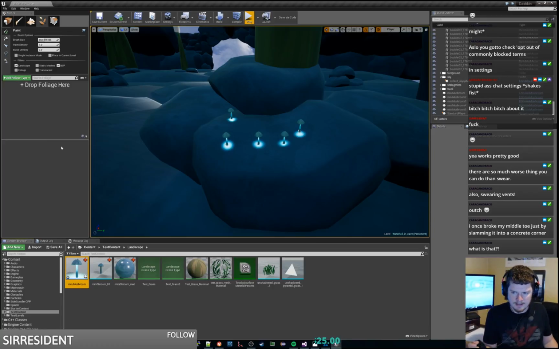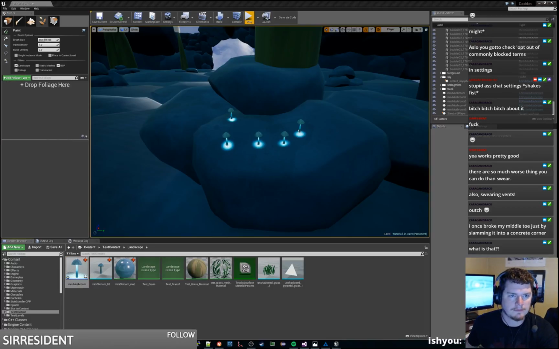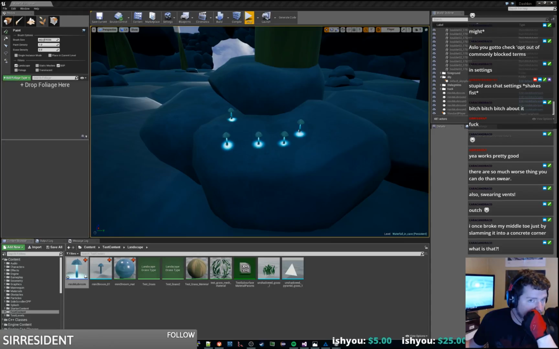I guess we can only add meshes to things. Let's see if that's true. Yeah, is it possible to place blueprints with the foliage tool? For now you can't do that, but it's a